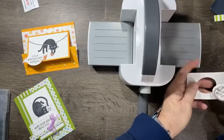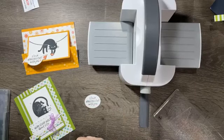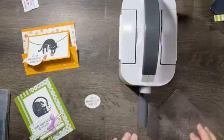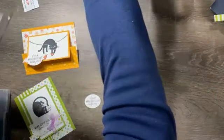And there we have it, all cut out. So that's our die. Let's put my die cut back on its magnetic board. We'll fold this up. We're done with it. Now what I'm going to do next for my card